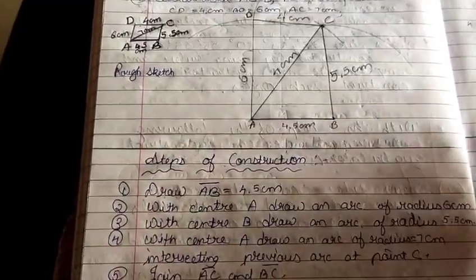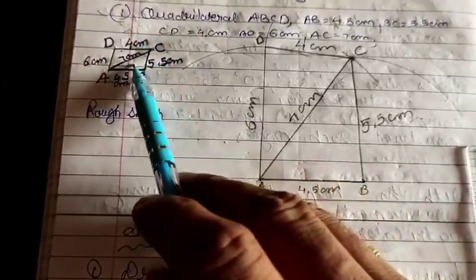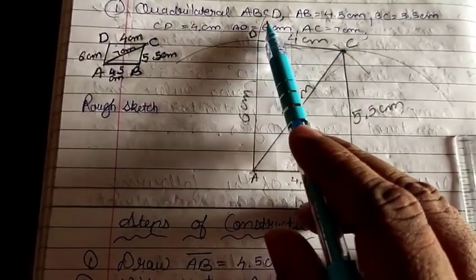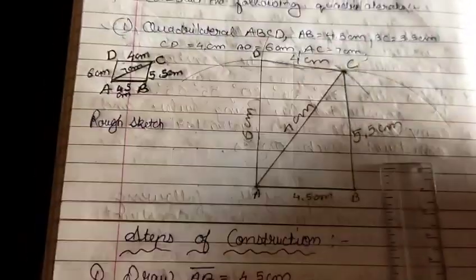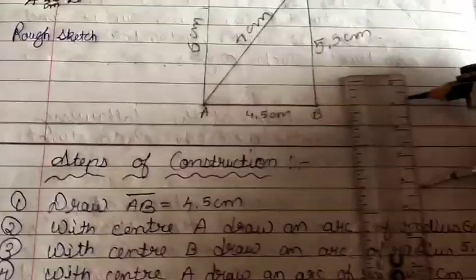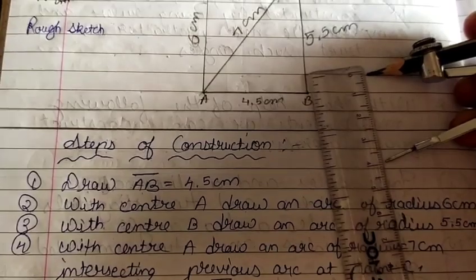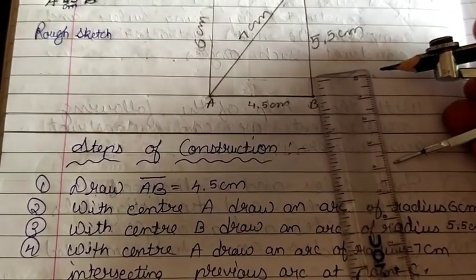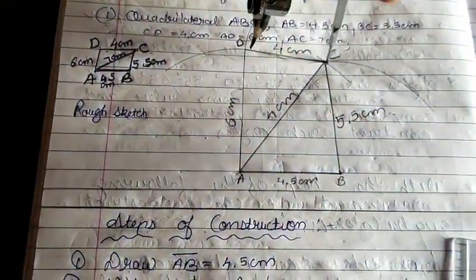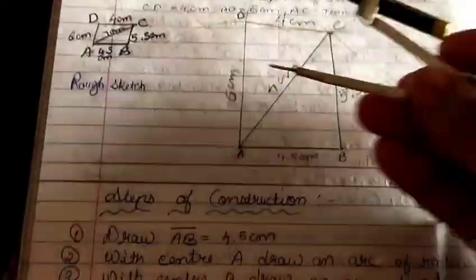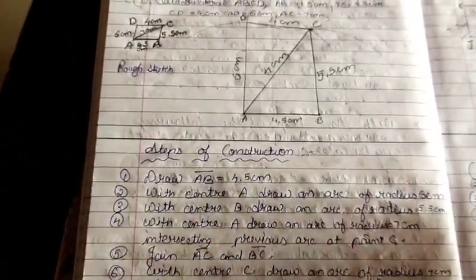How to construct DC? Because the length of DC is given as 4 centimeters. See here, the length of DC is given 4 centimeter. Now from here to here we can easily draw a line. We have to take 4 centimeter for DC. So place it over here on C and draw an arc like this, which will cut the previous arc at point D. So what we'll do, write down with center C,